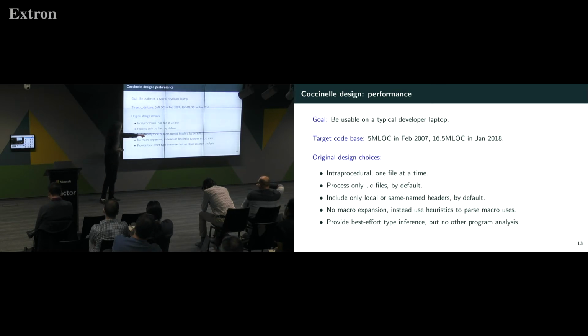So by default, we only include a very few header files. The only thing header files are really useful for in Coccinelle is finding out the types of things. Often, if you're working on foo.c, then you'll make a special header file called foo.h, and that will have the types that you're somehow most interested in. So that's what we include by default. There's also an option for not including any header files. And then there are some scary options where you try to recursively include all the files that you can possibly find. That's useful for type information, but you'll have to go out and buy a larger computer for using it in practice, though.